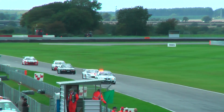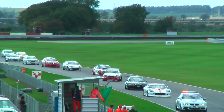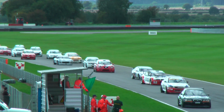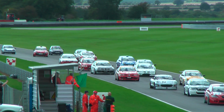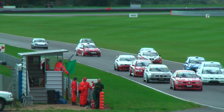Pole position though, it's Ian Richard Burns in his Ginetta G50. Ian Richard Burns this morning in qualifying, setting a very impressive time with that car. Alongside him, the front row of the grid is Mark Paul in his BMW. Mark Paul, who has been on very fine form all weekend in the invitation class, particularly in the Seika